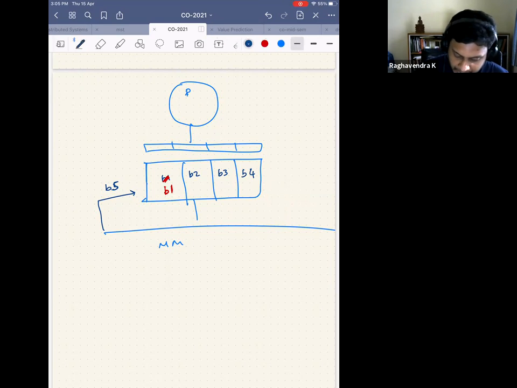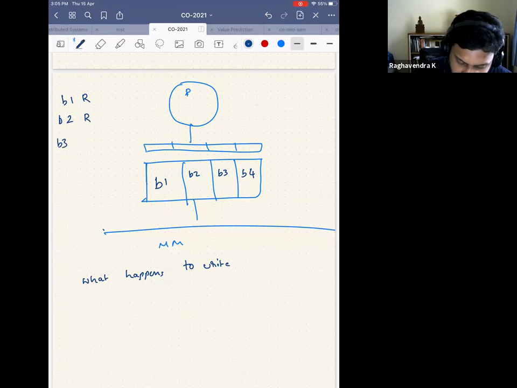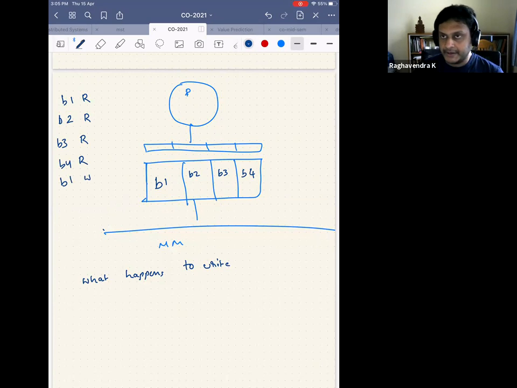And then I think we tried to figure out many reasons. So what happens first is what happens on a write. That's the first question that we want to answer. We said that initially there is block B1, maybe. The way the CPU accesses were, B1 was read, B2 was read, B3 was read, B4 was read, and then there was B1, which was a write. So which means that it is trying to write some data to the block B1. Now the question is, do I write only here, or do I write here and also update the main memory? That's the question that we are stuck on.